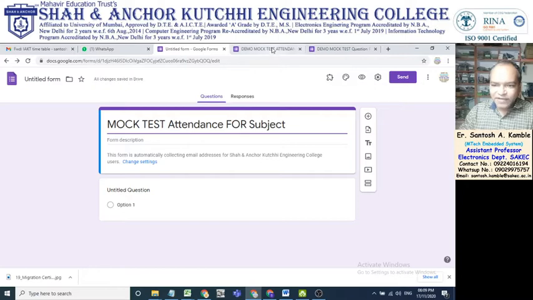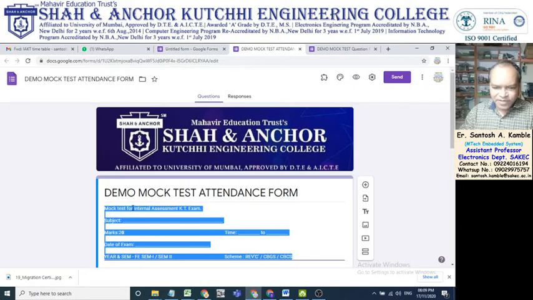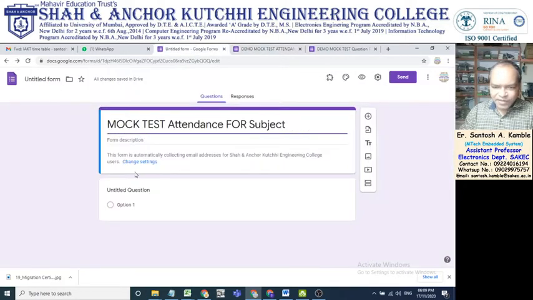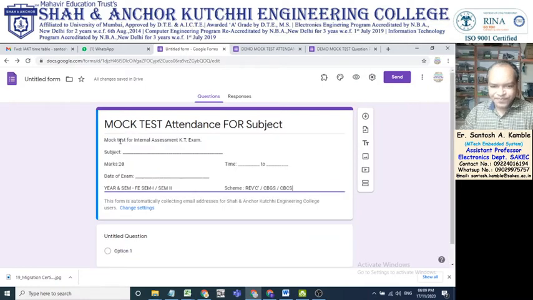For example, you can write like this: mock test for internal assessment KT exam, and subject name, marks 20, time from 2, date of examination, year and semester, FE SEM 1 or SEM 2, and scheme revised C, CBGS or CBCS. So this is the header of the subject, but we have to add the college header also.